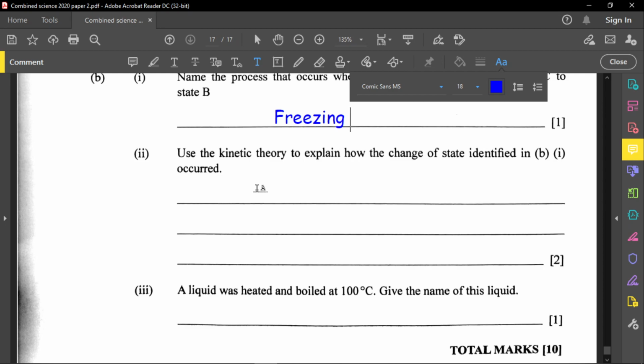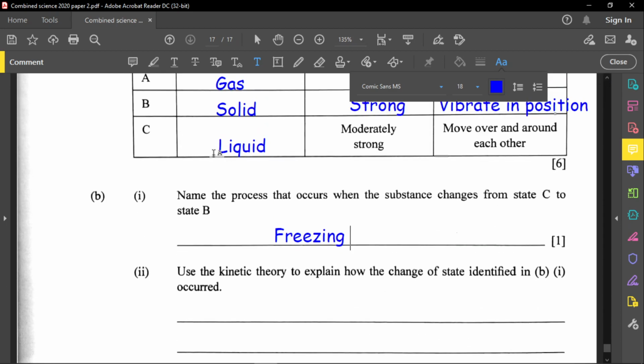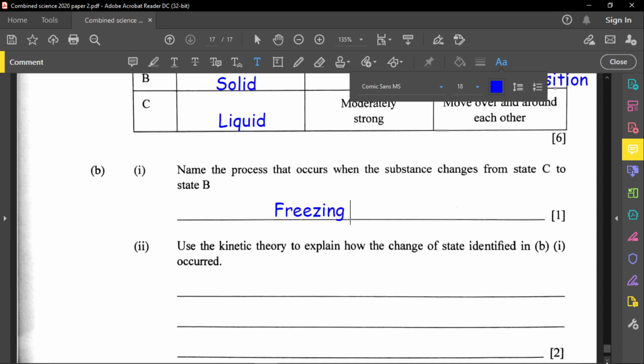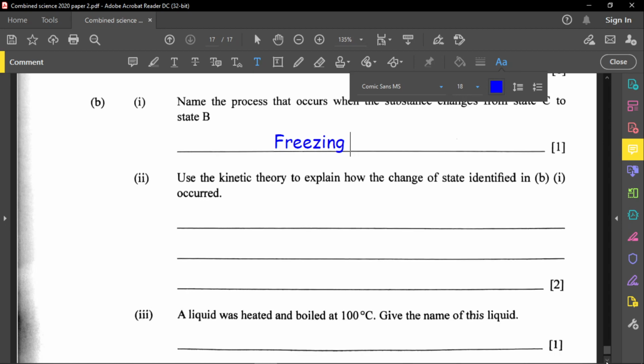Let's go back to make sure that we actually have that. We're moving from C to B. That is freezing. So what happened here when things freeze is simply because there's a drop in what? Temperature. The temperature will decrease. So when temperature